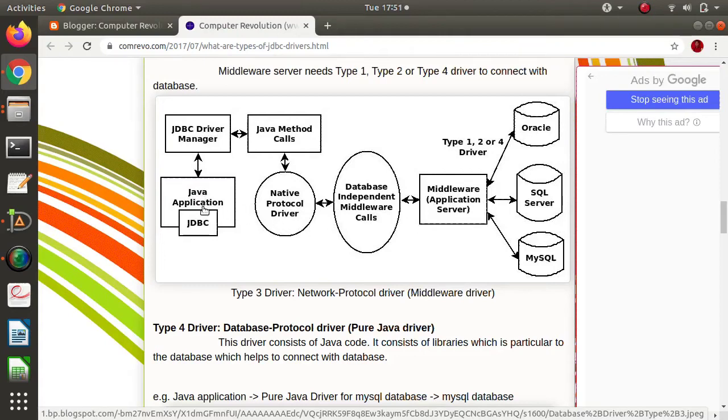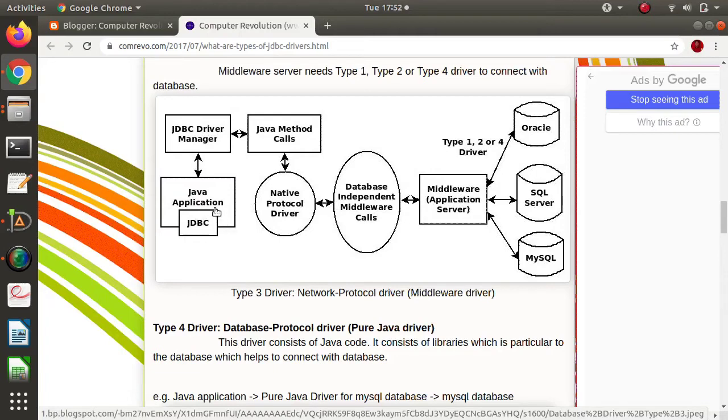So we are not bothering about the database. Whatever databases we are using, that user or customer or the Java application owner is not bothering about the databases. He is just firing a query, or making a JDBC call. That JDBC call gets forwarded to the middleware server, and that middleware server is getting connected to the databases.